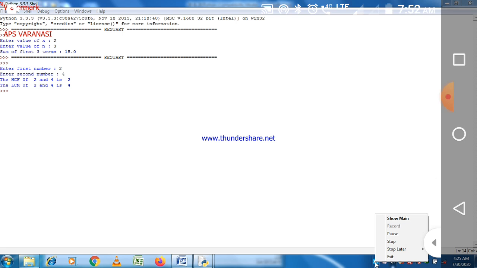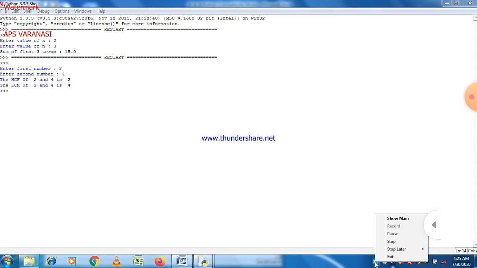So you can check it for different values, and it will always give you a correct result because the logic behind this is correct. So it is all about the logic.